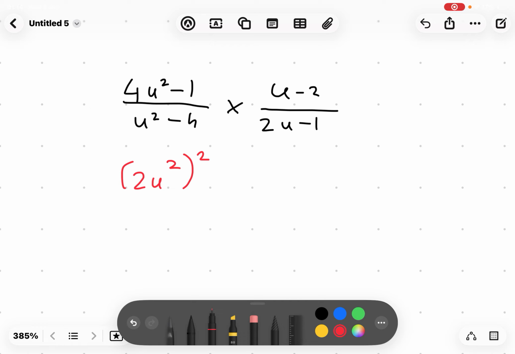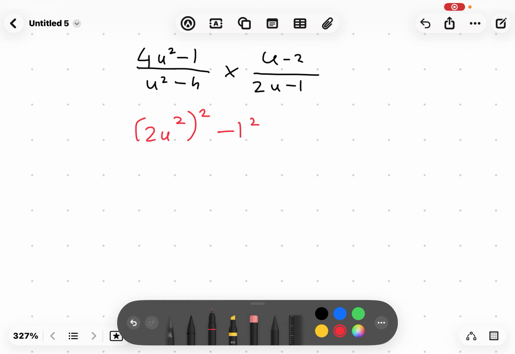So yeah, and then have the 1 with a square, which doesn't change much, but we need it, trust me. And then we can make this u squared, leave it like that, and then make the 4 2 squared,